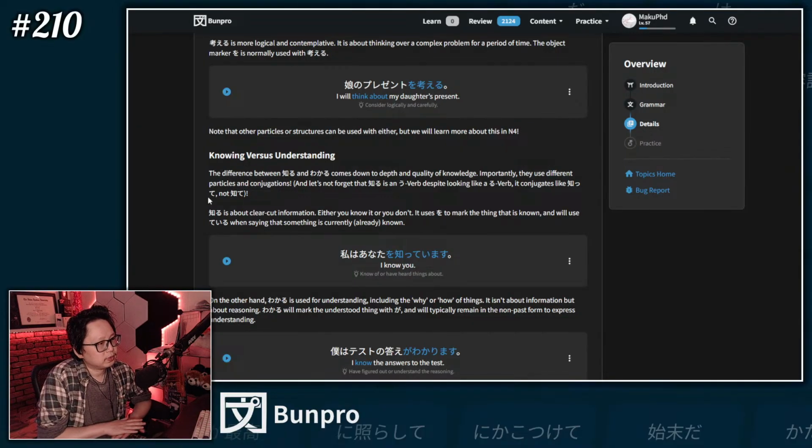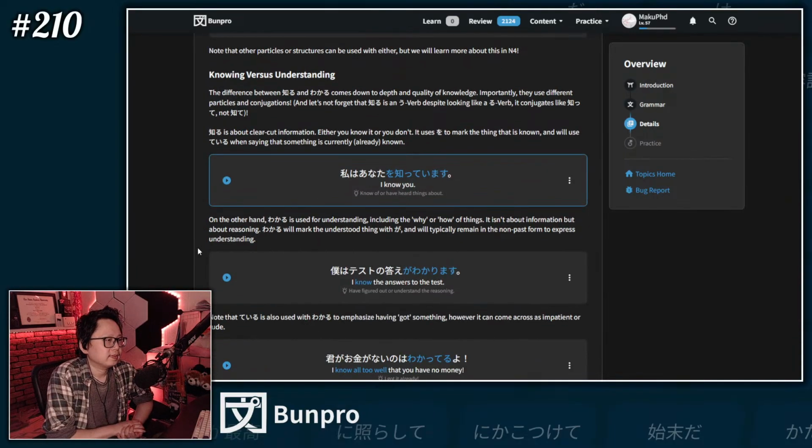It uses wo to mark the thing that is known, and will use iru when saying that something is currently already known. Fair enough. I know you. That's you. 私はあなたを知っています。